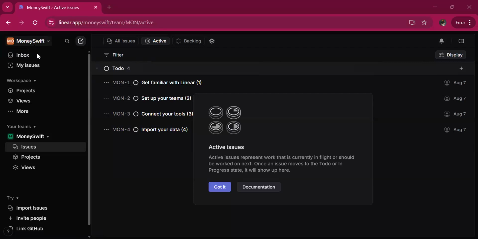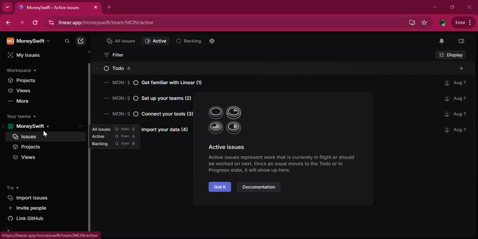So the issue list, rather, where you have issues, right? These are basically your to-do items or tasks. This is where you see all your open